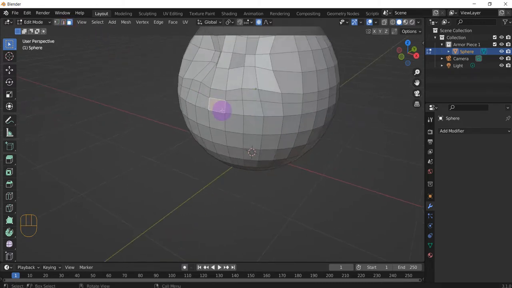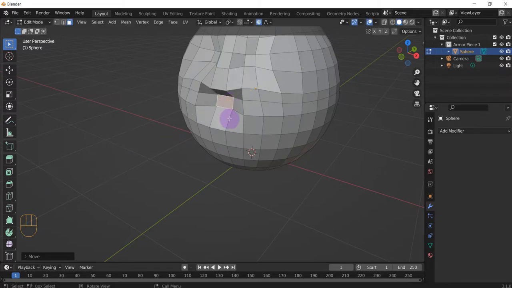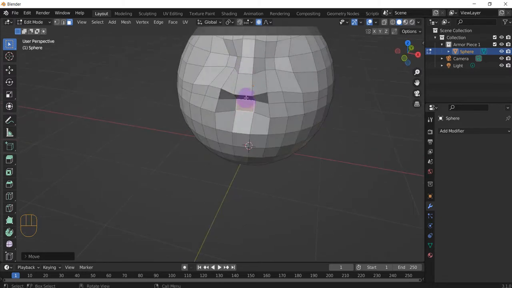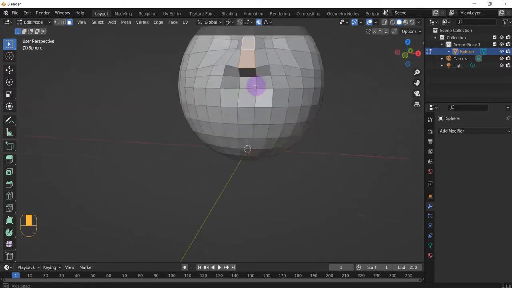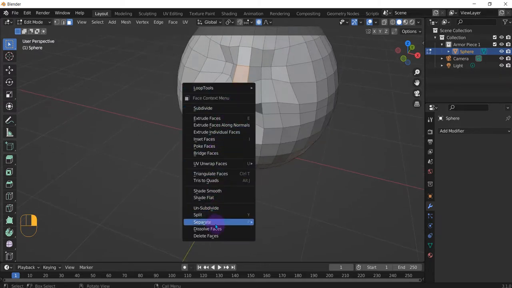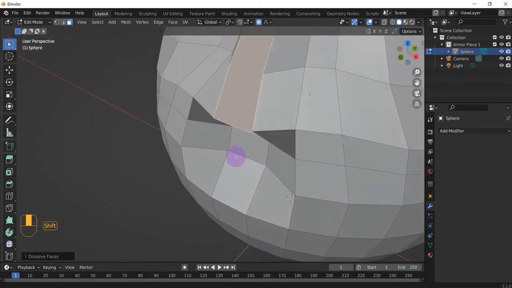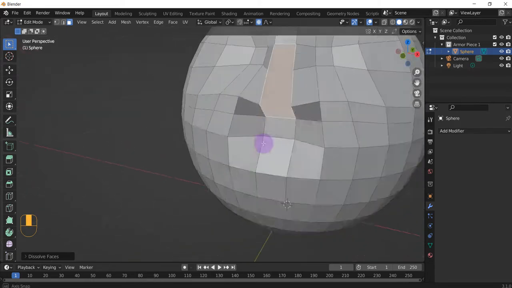So G, Y. Alright. So this is going to be our nose, and we're going to select all these faces, and we're going to dissolve faces. So now we have this giant big nose, and we want to